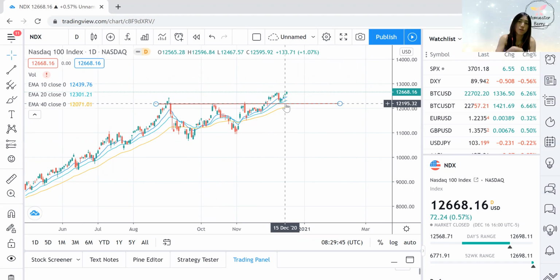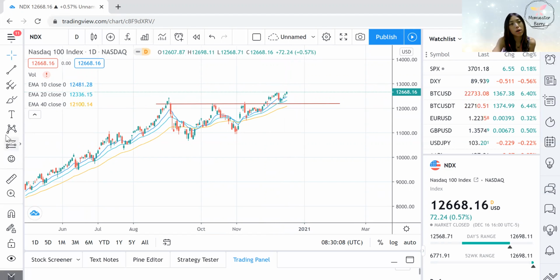12,200. So if you are looking to enter some NDX position, maybe you can consider entering some position on NDX when it comes back down to 12,200. That's my personal view. Otherwise, use the EMA as the guide, right? For me, this is how I look at the charts. All right,